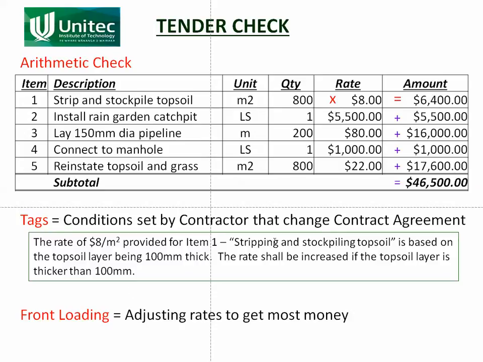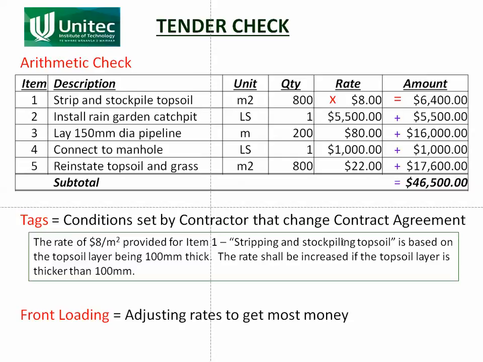Tags are conditions set by the contractor that change the contract agreement. You're looking for this because the client has said what he wants done, and he set it out in the tender document. He says these are the conditions of the contract agreement, and the tenderer may decide to alter that contractual agreement. So for example, there might be something like the rate of $8 per square meter,